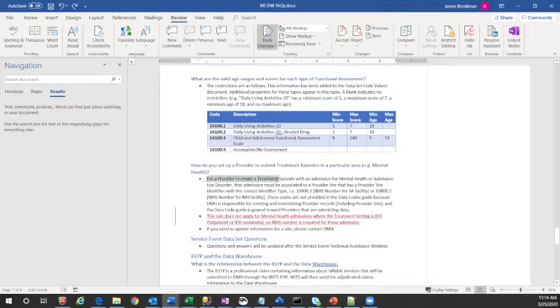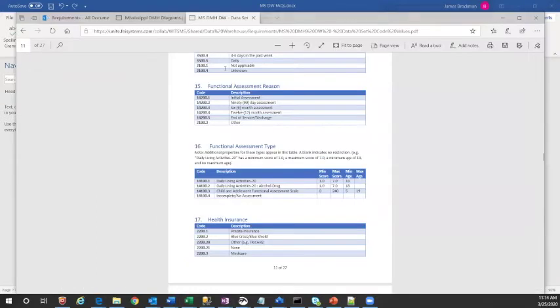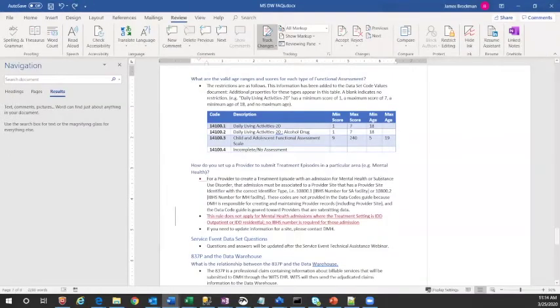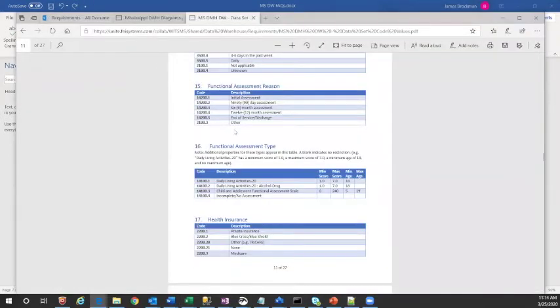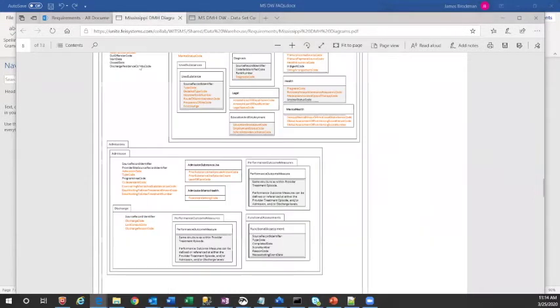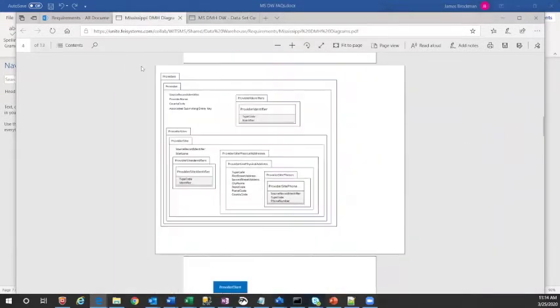So for a provider to create a treatment episode with an admission for mental health or substance use disorder, the admission must be associated to a provider site that has a provider site identifier with the correct identifier type. So let's hop back to the diagrams real quick. There we go. And if we go up to provider,